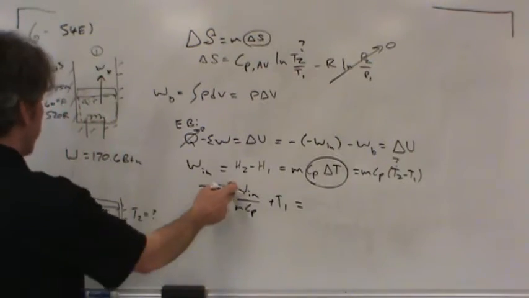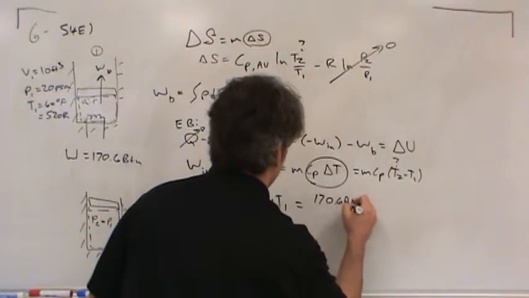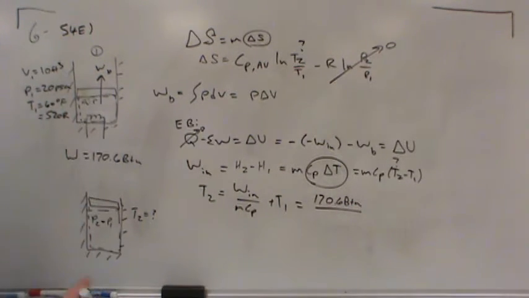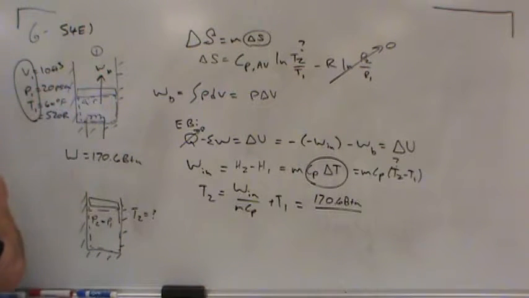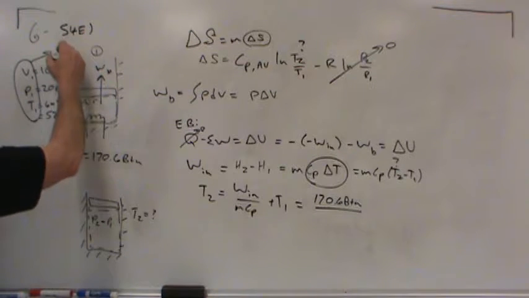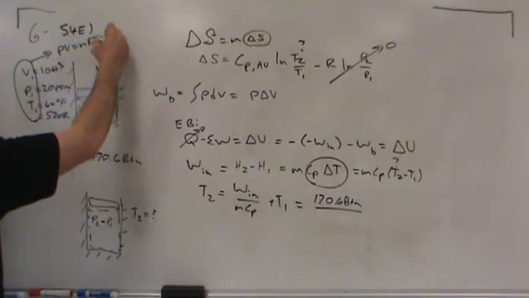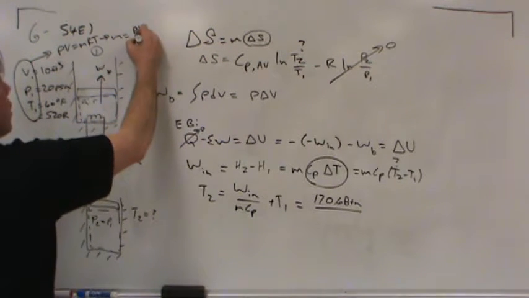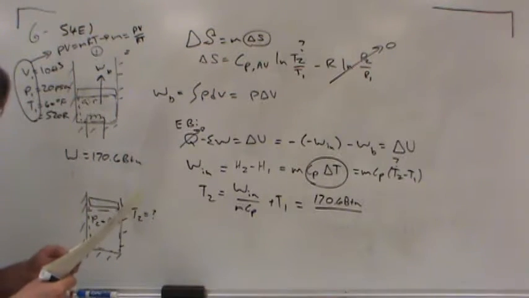Now you've already told me the work in is 170.6 BTUs. The mass of the air, do we have the mass of the air? No. Can we get the mass of the air? Sure. We've got V, P, and T, right? Putting those together, I'm not going to show you the details because you know PV equals mRT. So you can solve for m. It would simply be PV over RT. Let me just write down the result. The amount of mass in the system